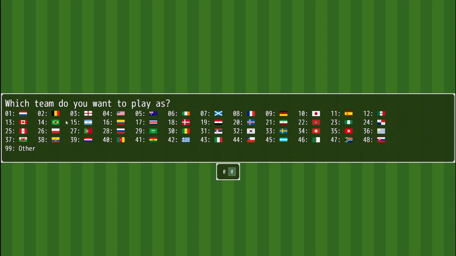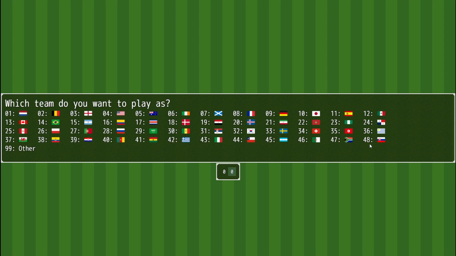I had to go a few tournaments back because the upcoming tournament has more teams than they used to have. I believe it used to be 32 or maybe 36, but the World Cup in 2026 is gonna have 48